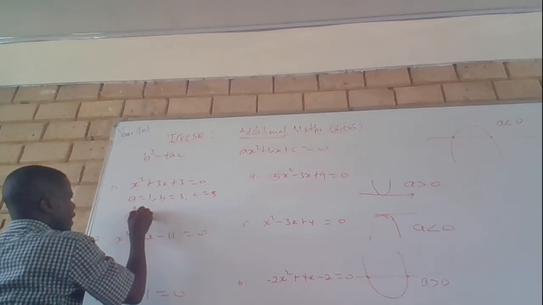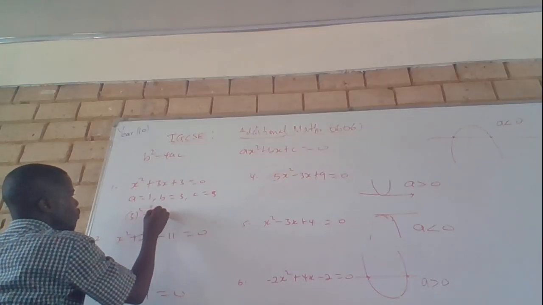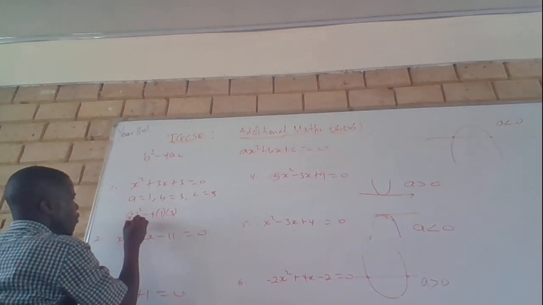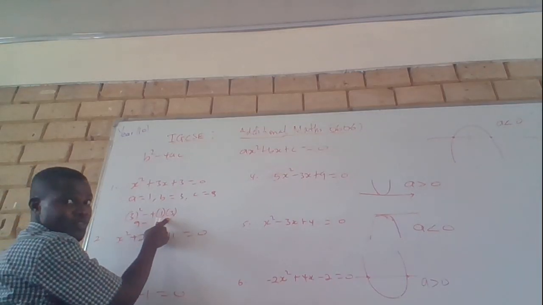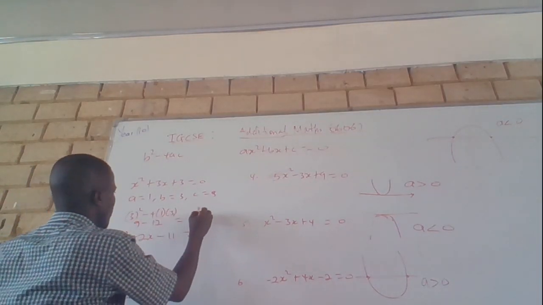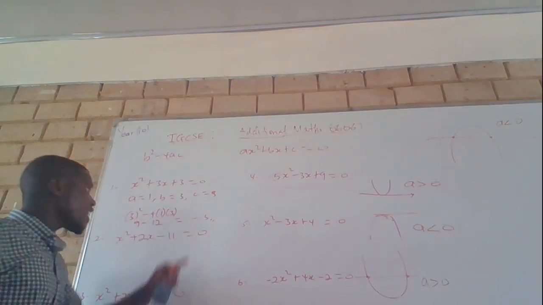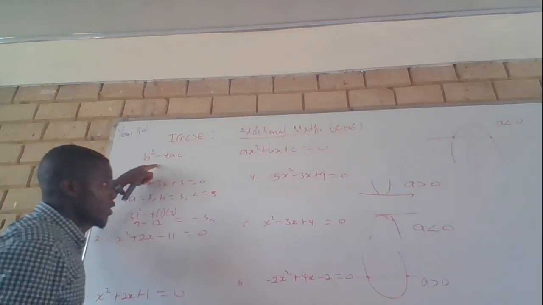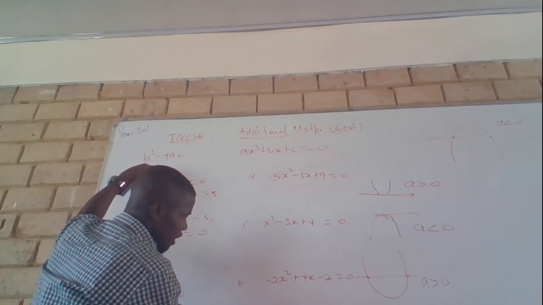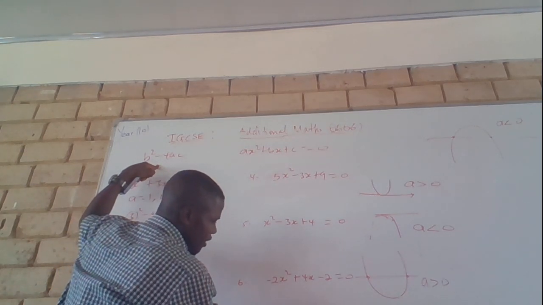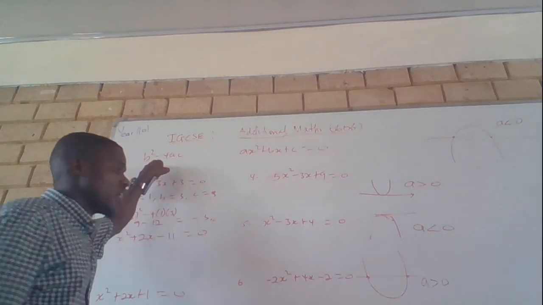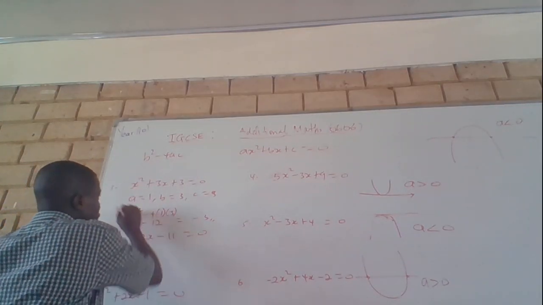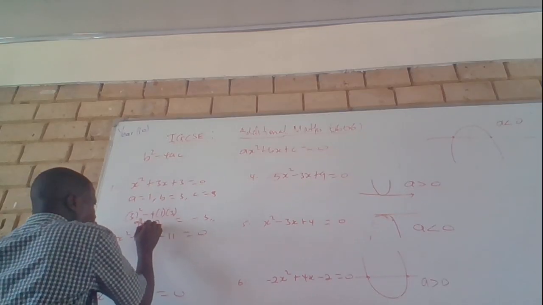So 3 squared minus 4 times a, which is 1, times c, which is 3. Let's solve this one. 3 squared is 9, minus 4 times 1 is 4, times 3 is 12. So this gives us negative 3. We said that when b squared minus 4ac is less than 0, we are going to have complex roots. So for this one, we state that the equation has no root at your level,